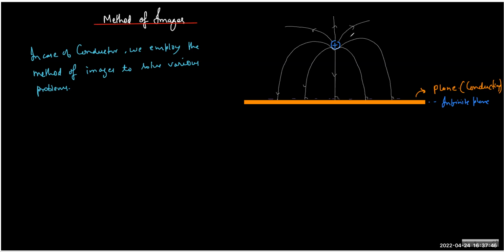So you can clearly see that because of the induction process, all the charge coming out of a positive will terminate on the surface of the conductor, and also as you go away, it will become rarefied. So you can see the more compact field lines below the conductor, and as you go away, they thin out. So the surface charge density will be uniform or non-uniform? It will be non-uniform.